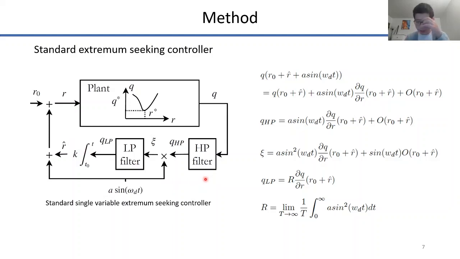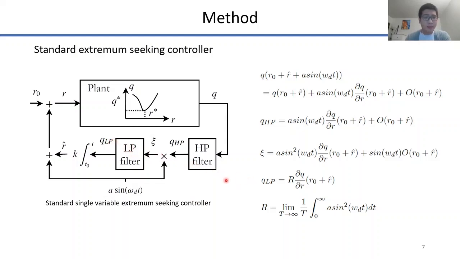The first-order Taylor series expansion of the current set point is shown in the first equation, where O of R0 plus R hat represents the high-order terms. The high-pass filter would suppress the low-frequency signal Q(R0 plus R hat), and its output is QHP. Then QHP is multiplied with A sine omega dt to get xi, which is then passed through the low-pass filter. QLP